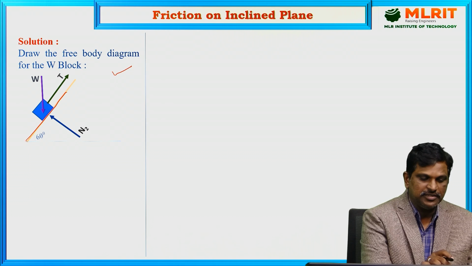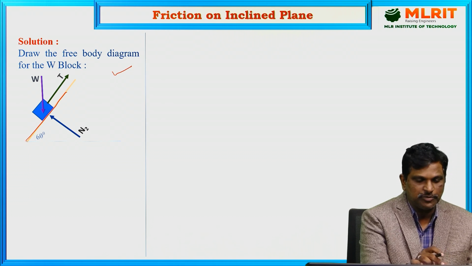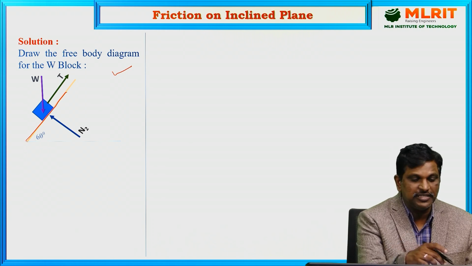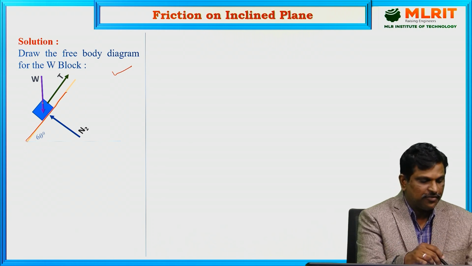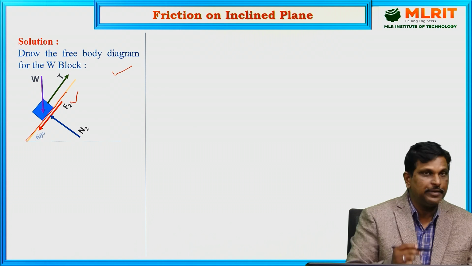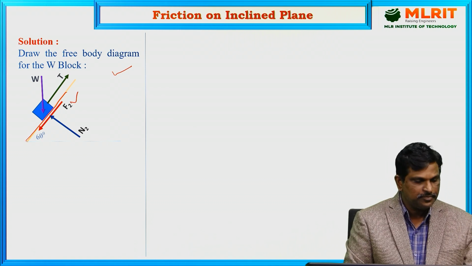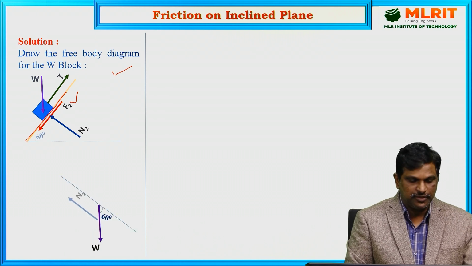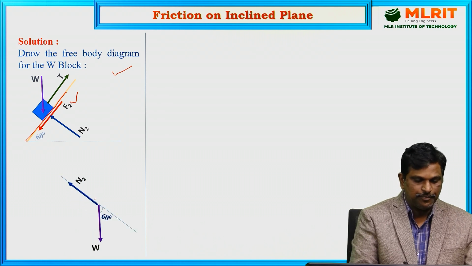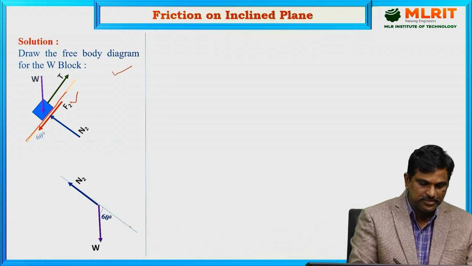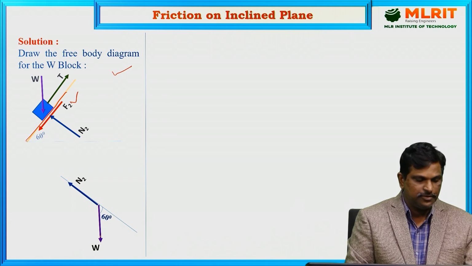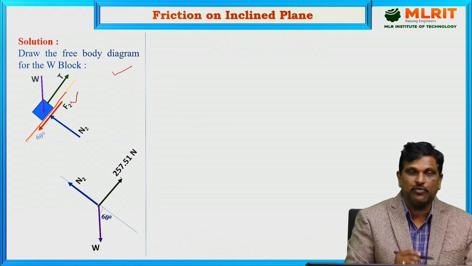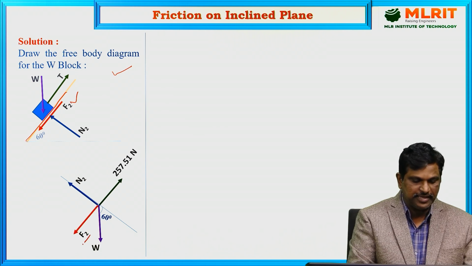Now the body is assumed to move upwards because we have considered the 1000 Newton block is moving downwards for the least value of W. That's why the friction at the contact surface F2 will be in the downward direction. Now draw the force diagram. Weight always acts vertically downwards. Normal reaction will be perpendicular to the contact surface, that means 60 degrees to the vertical. And tension in the string is 257.51, which is acting in the upward direction, and friction F2 is acting in the